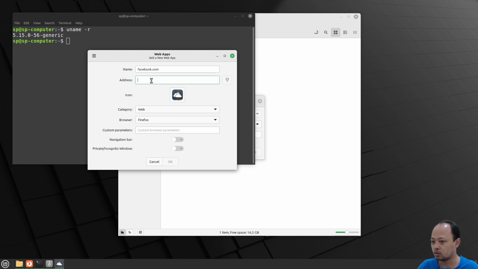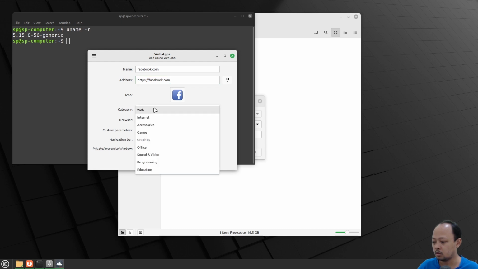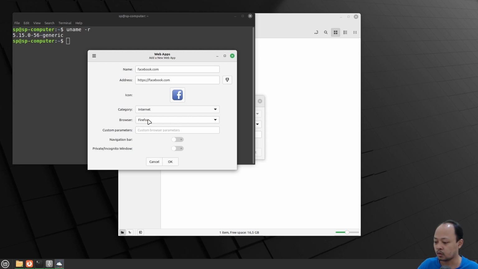And then for the address, I will input https://facebook.com. You need to recheck for sure. And then for the category, I will choose internet. So it will be in the internet category. Then the browser will be Firefox since there is only one browser installed. Then simply click OK.